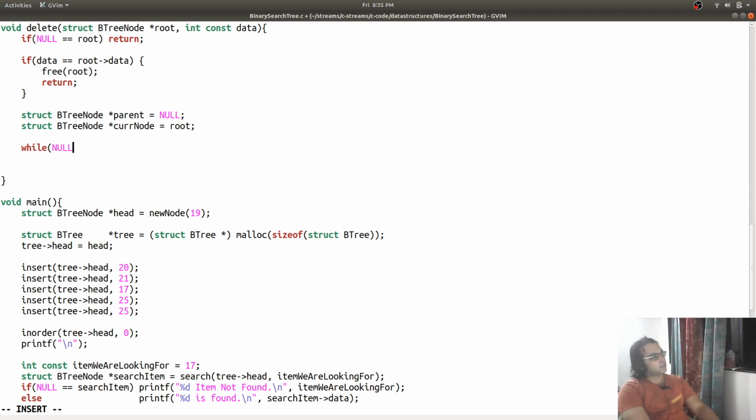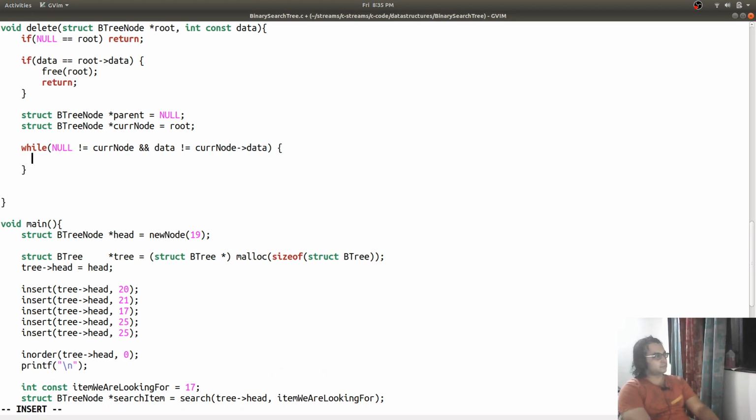While the current node is a valid pointer and data is not equal to current node data, there is a possibility that the data we want to delete isn't there in the binary search tree.